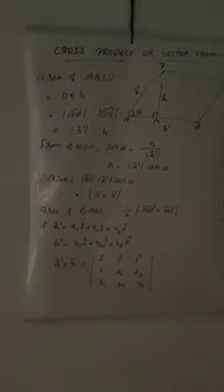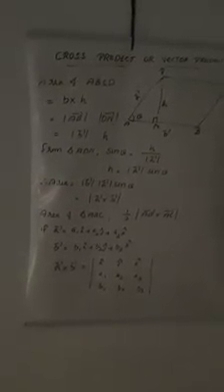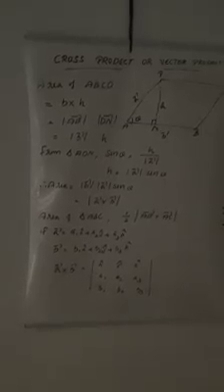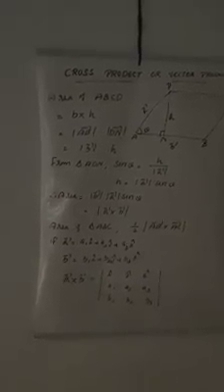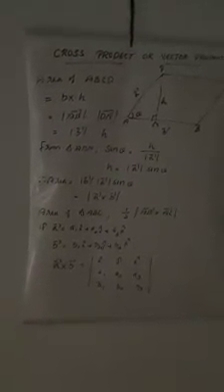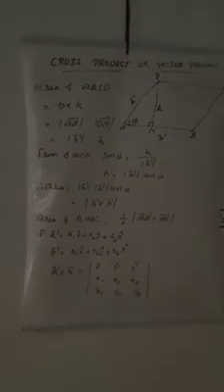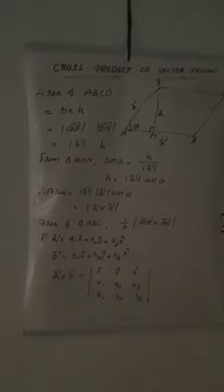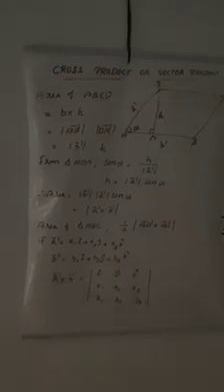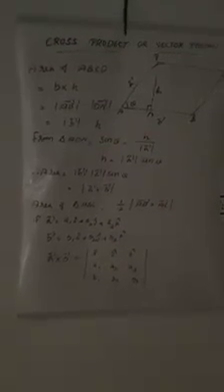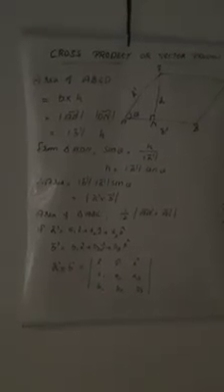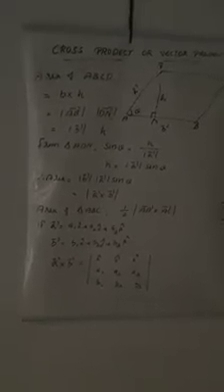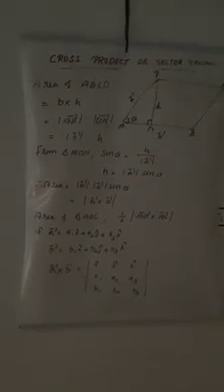Which is the opposite side of theta? H. Which is the hypotenuse? Yes, the hypotenuse is the side opposite to angle 90. That is A, the vector A. For the side, we are taking its modulus. And sine theta equal to H by modulus of vector A. Or cross multiplying, we have H equal to mod A sine theta. We got the height of the parallelogram. H is modulus of vector A into sine theta.